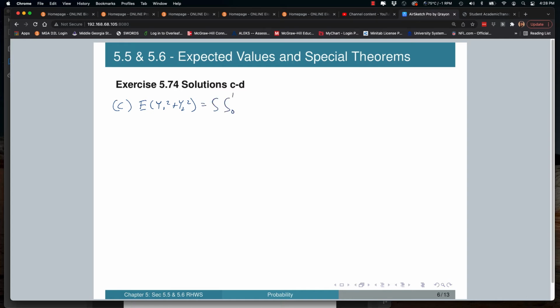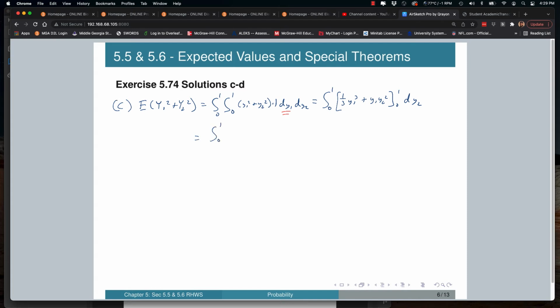I'm still going to double integrate from 0 to 1, 0 to 1. I'm going to multiply in y sub 1 squared plus y sub 2 squared times 1 dy sub 1 dy sub 2. Let's see how it goes. So if I do the inside integral first with respect to y sub 1, then that y sub 1 squared would become 1/3 y sub 1 cubed plus y sub 1 times y sub 2 squared, and all that's got to be evaluated from 0 to 1 dy sub 2,